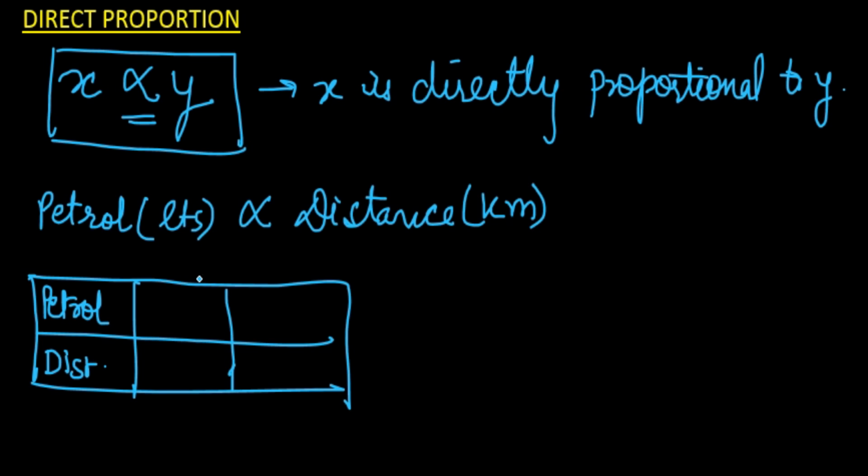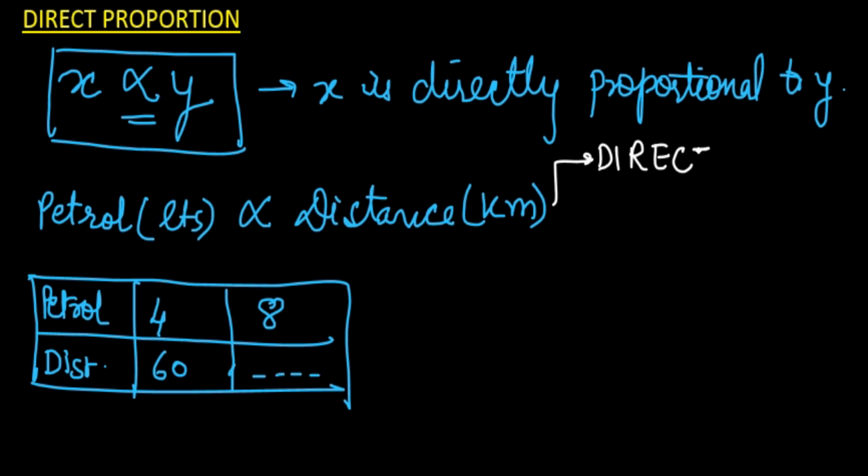We say that in 4 liters of petrol the car is traveling, say, 60 kilometers. So how much will the car travel in 8 liters of petrol? We have to find out. Since it's given that it is a direct proportion,